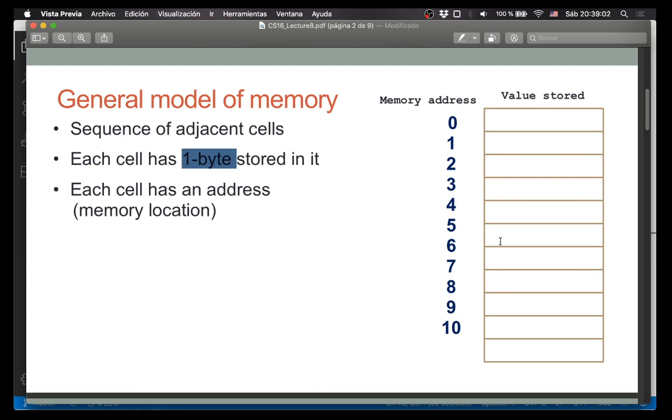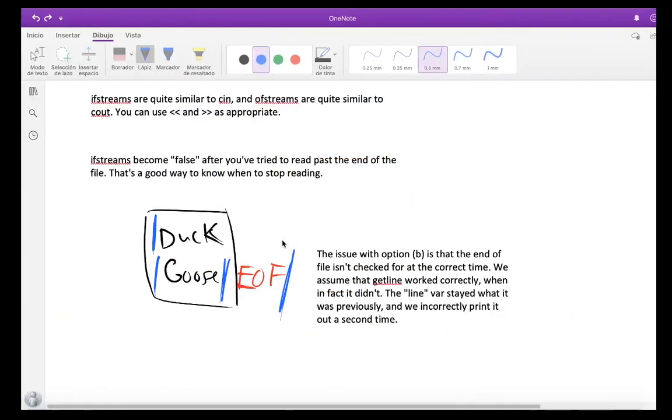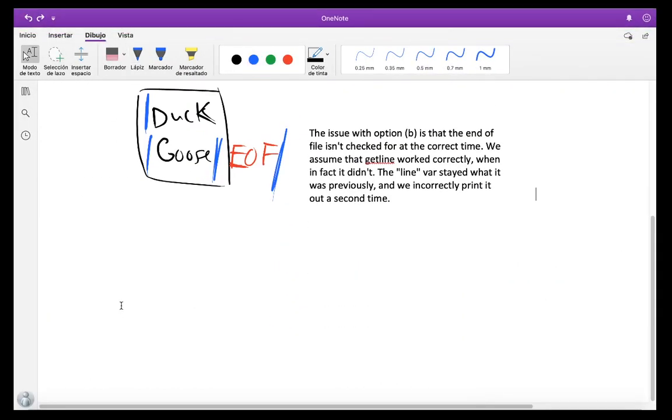And each cell in memory has a specific address, a memory location associated with it. And just to make sure that we don't forget,